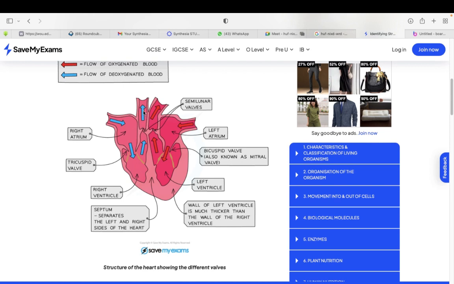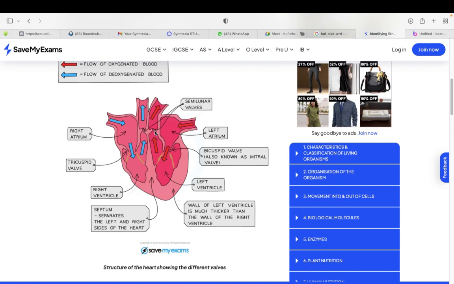But before it joins the pulmonary artery, there is a valve called the semilunar valve. The semilunar valve is found from the right ventricle to the pulmonary artery, and it's also found from the left ventricle to the aorta. So the valves are in both cases. Look at it. The valve is here in the left ventricle,